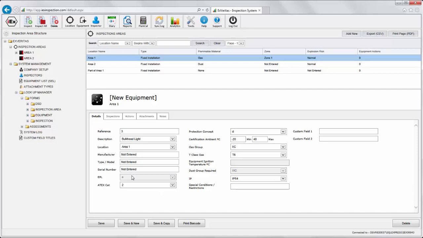EPL is blanked out because IECEx was selected as a preferred system, but you can use IEC or NEC based systems, selecting Division 1, Division 2, GA, GB, categories, whichever system you've decided to use for your particular environment. In this case we'll select IECEx category 2, which is normally suitable for zone 1 with a normal explosion protection level. We can select our concepts, our ambient, our gas group, our temperature classification, and any special conditions which will then appear in notes. But we won't add too much more on equipment because that'll be done in a separate